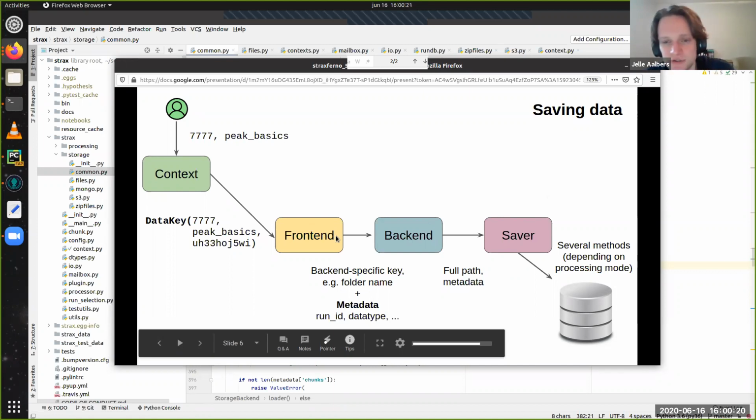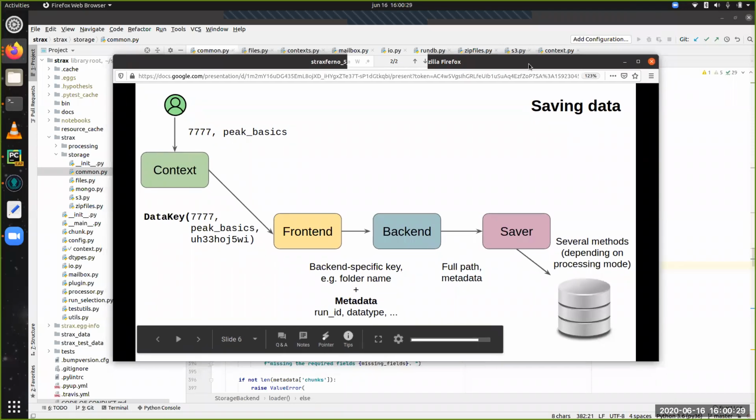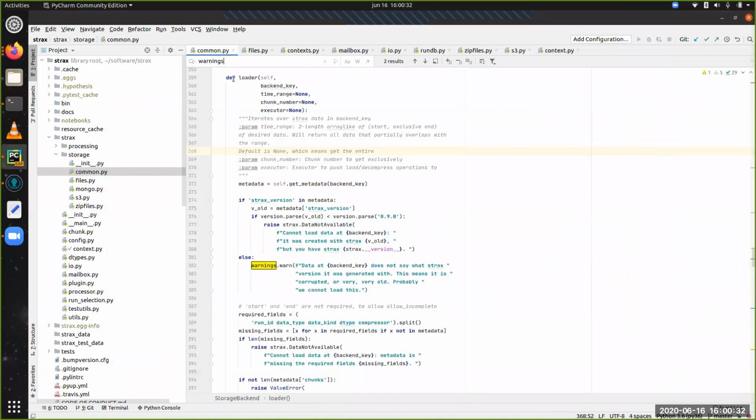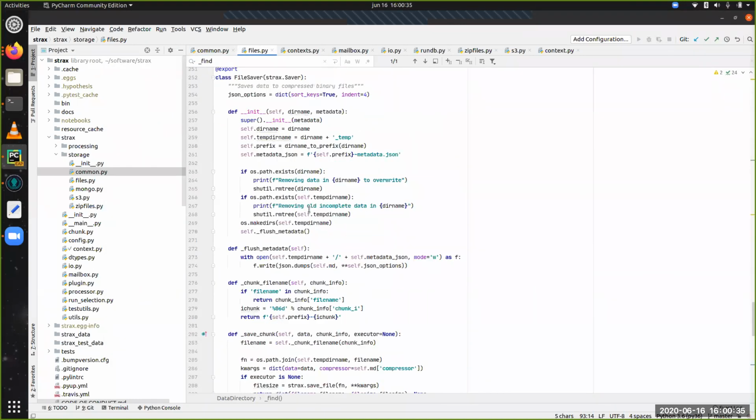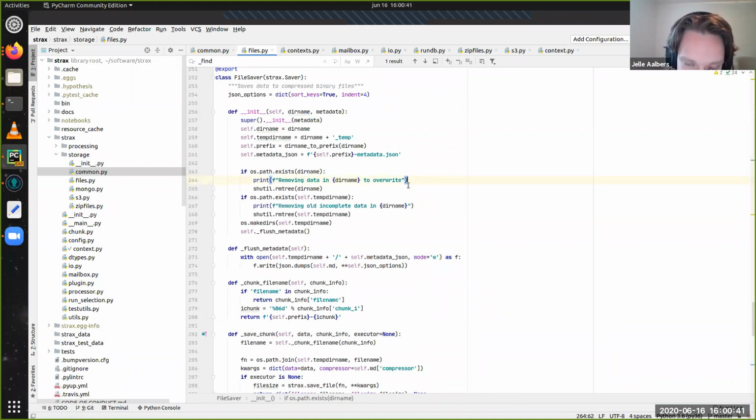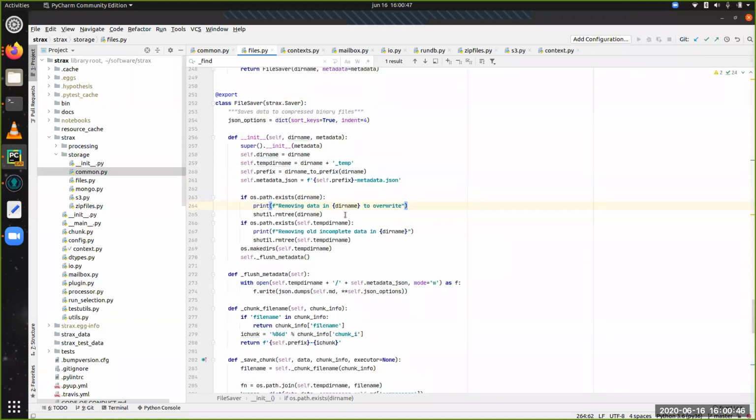We could use that. The logging module does have some advantages, but there's one of the things in the file saver. If there's already stuff existing in the path it's trying to write to, it's, oh hey, by the way, I'm deleting data, just on standard out. That just feels like rubbing your hand the wrong way on a shark. I mean, you can, but that just seems like a recipe for disaster. Yeah. So here I would have liked to use the logger, and maybe I should here raise a warning message instead. I think that would be better.